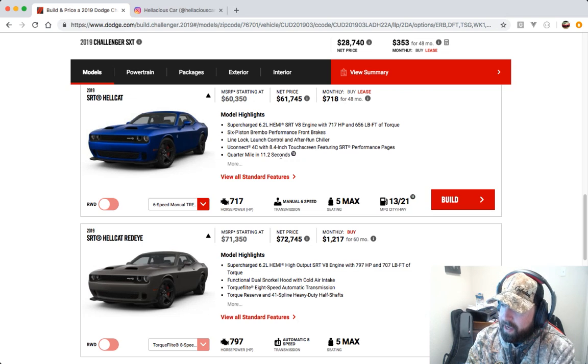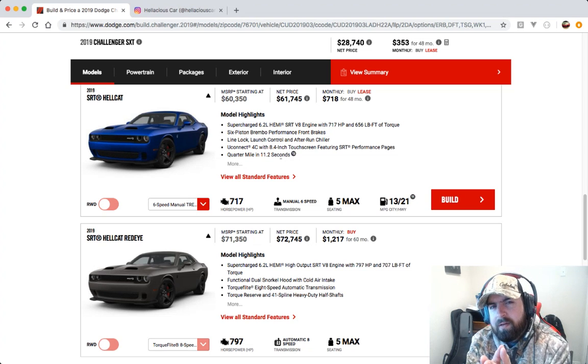Now, something I thought about was that part of me wishes that the hood design was somewhat like a Demon, but there was an obvious split in the center to define the two nostrils. So in my head,